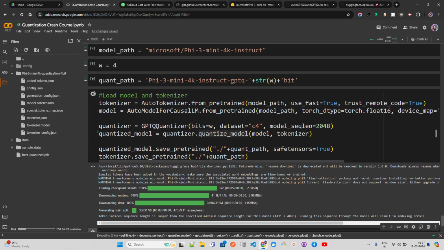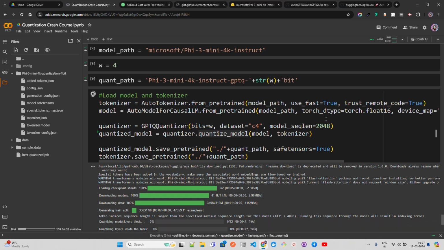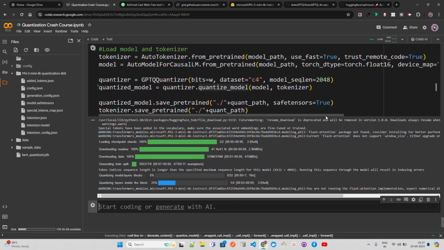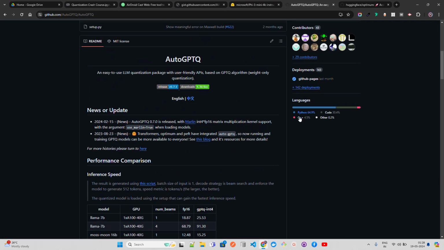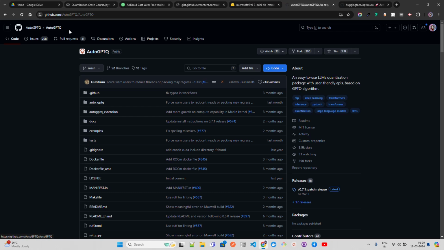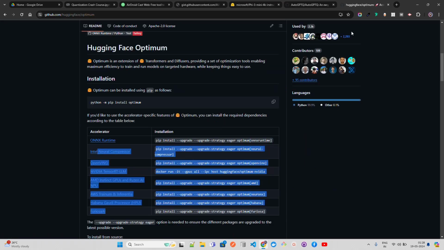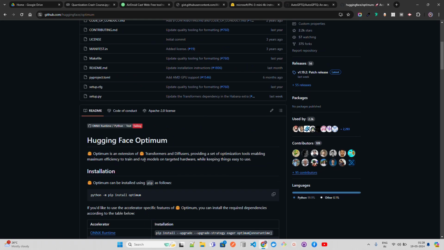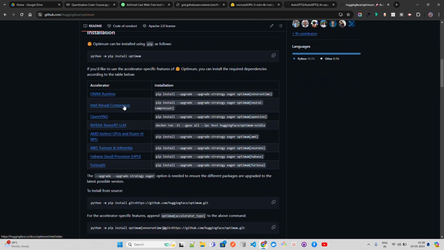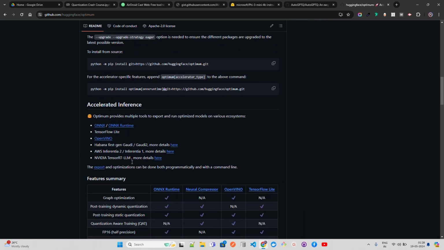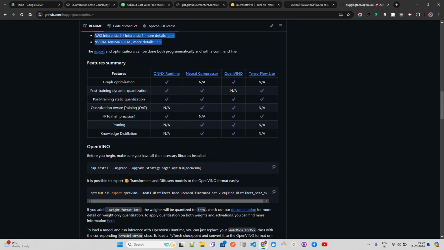But you should watch this video first now, because this is like a crash course where we start with a simple neural network in PyTorch, and then we go into BERT, GPT-2, and then now using libraries like Auto-GPTQ. You can use this library to quantize models. You can see Auto-GPTQ, and you can also use Optimum that will help you accelerate. It's an extension of transformers, and also diffusers if you are in the media generation kind of models. And it provides you a set of optimization tools, and you can see it over here: ONNX Runtime, Auto-GPTQ, and so on. Now everything is here that you can read more.